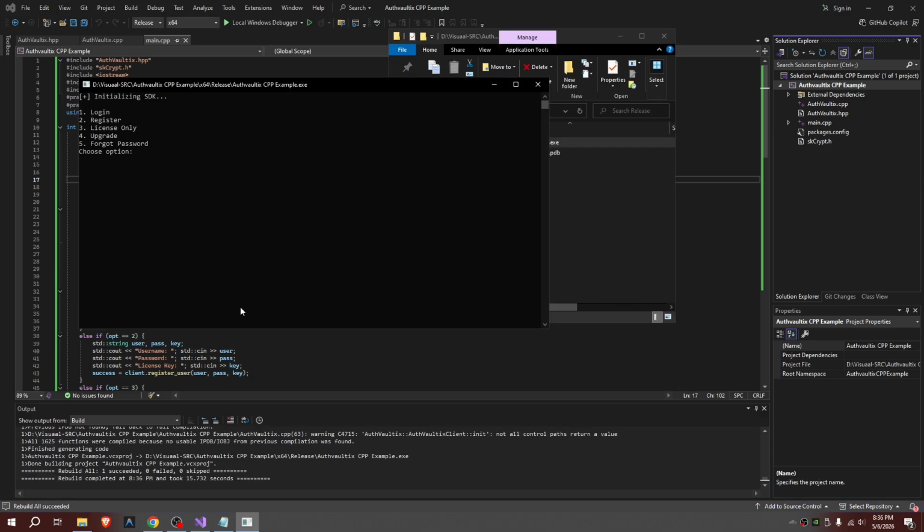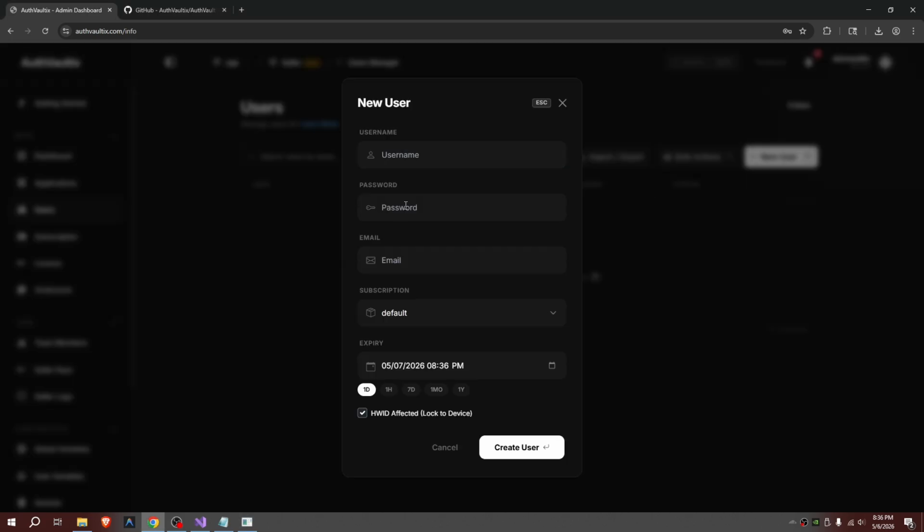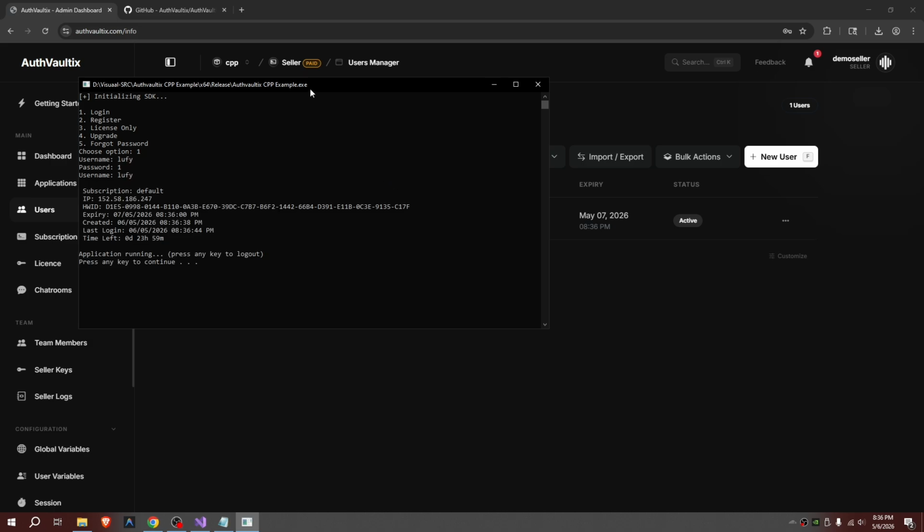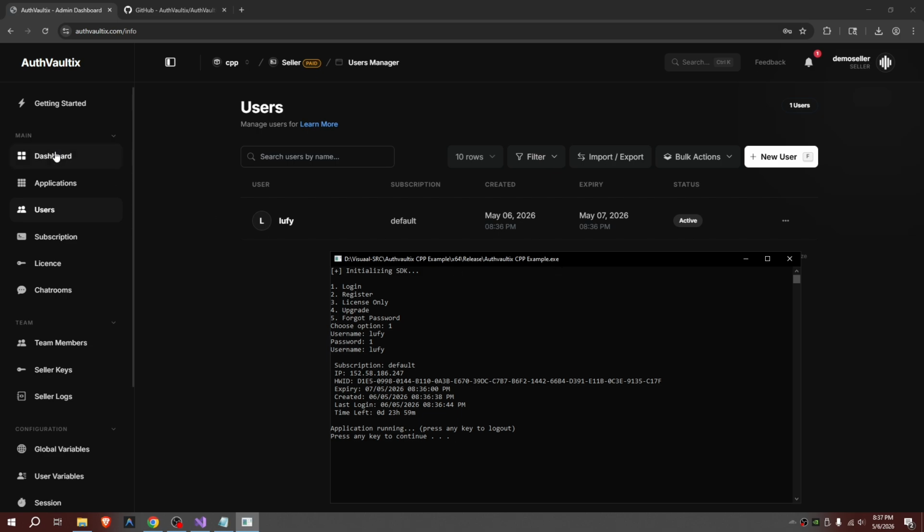Once the SDK is successfully initialized, options like login, register, license login, upgrade and forgot password become available. After successful login, you can access user data and subscription details. Finally, the program runs with full license